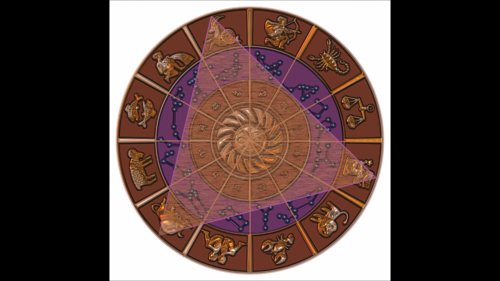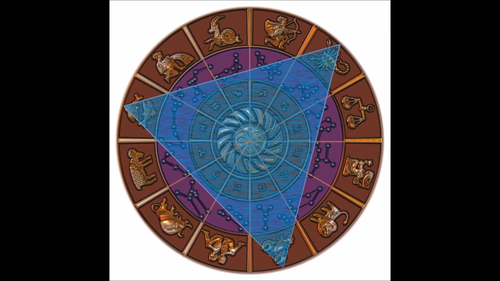The 2nd, 6th, and 10th sections or houses, which are related to Taurus, Virgo, and Capricorn, are of earth element, and together they create the earth triangle. The 4th, 8th, and 12th sections, which are the signs Cancer, Scorpio, and Pisces, are related to the water element,